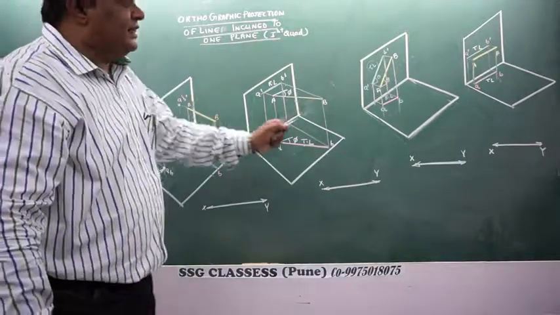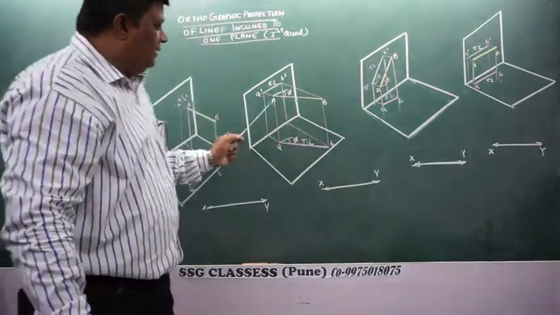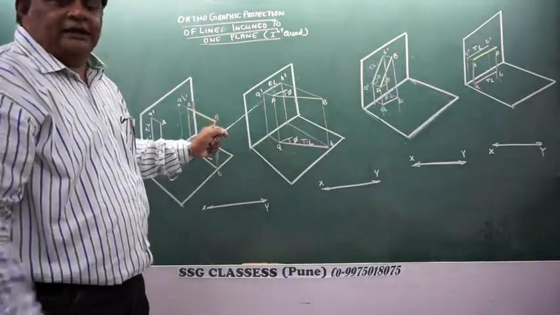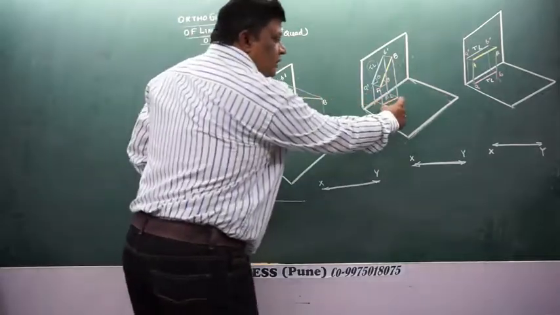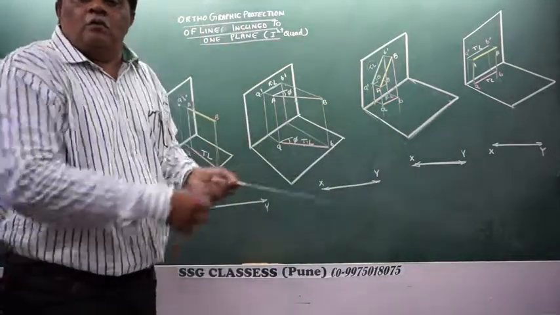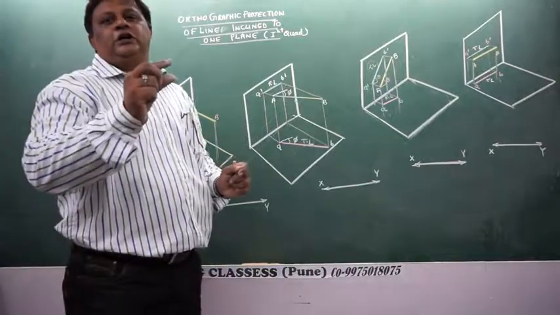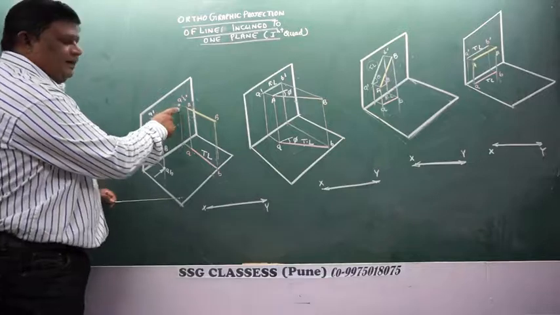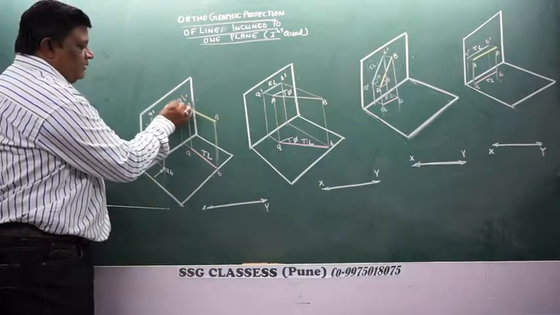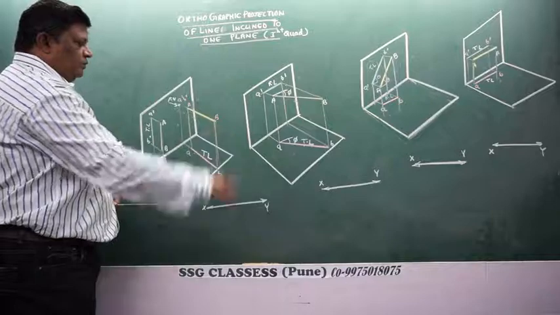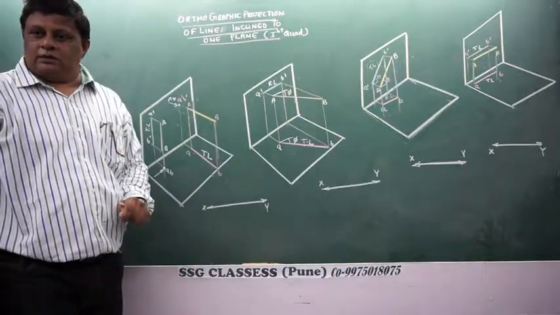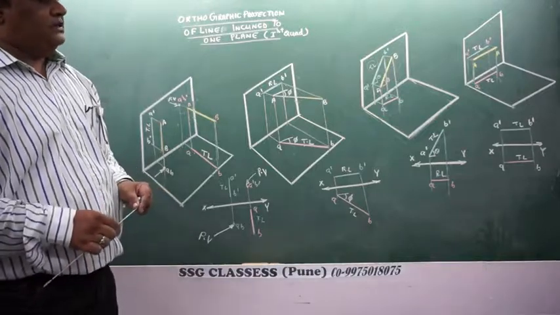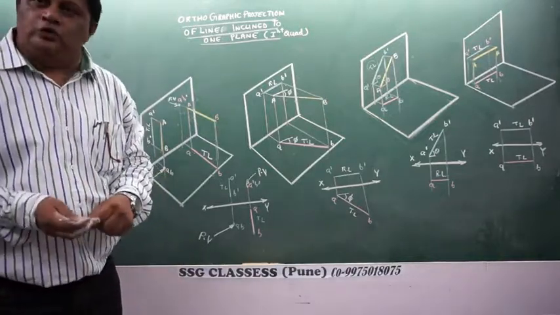If a line is inclined to some reference plane, then the view on that reference plane is of reduced length. More the inclination, shorter the line will appear. And finally, at 90 degrees, it will start appearing to me as a point too. Clear? So now, let us try to see what happens when the things are being brought into two dimension.